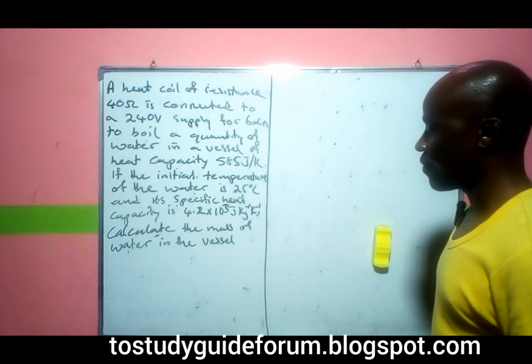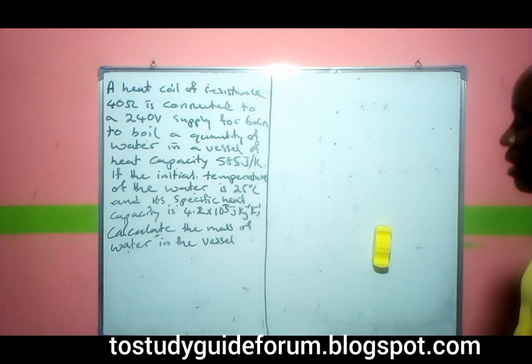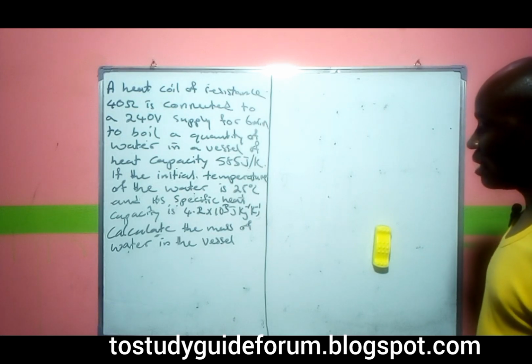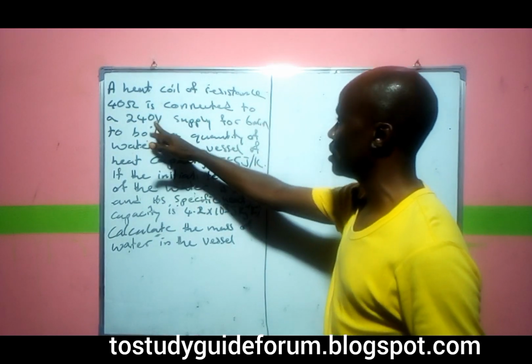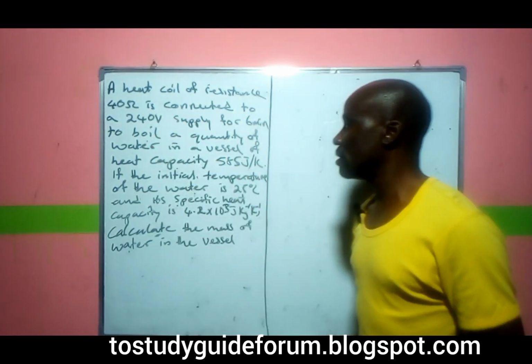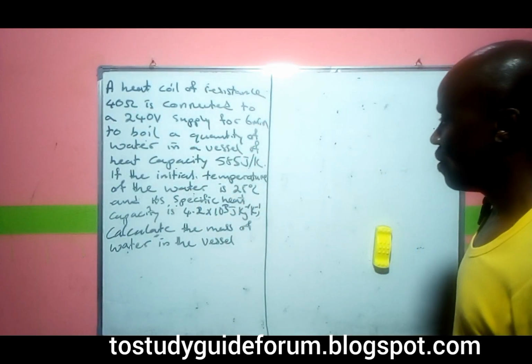Calculate the mass of water in the vessel. Now, what are we doing here? We say that we are going to be calculating the mass of the water in the vessel. The first thing we do here is to get the quantity of energy that this coil supplies to the vessel